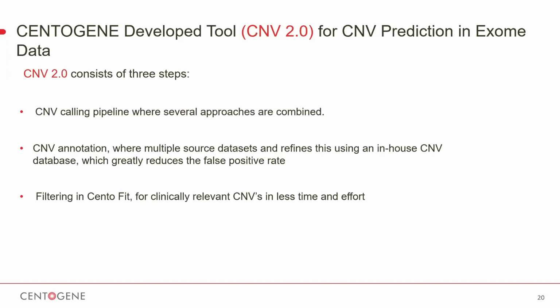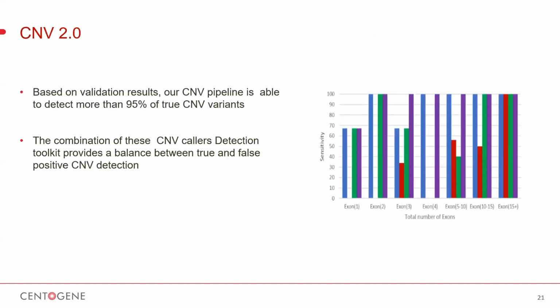Also, the annotation platform helps us predict the pathogenicity of the copy number variants detected and their role in the disease. This saves time and effort and results in accurate diagnosis at the end. So our platform for analysis of the sequencing is the CNV tool, using combined approaches, reaching our sensitivity by our experience. These approaches have been examined in-house through hundreds and thousands of whole exome data sets, and we finally found that combining these approaches reached a sensitivity of up to 95%.